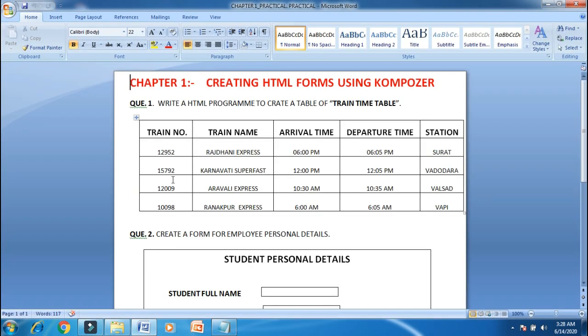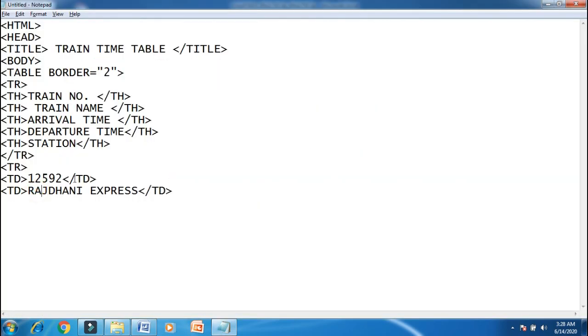After that, arrival time, sorry, td, 6 p.m., and td tag close.